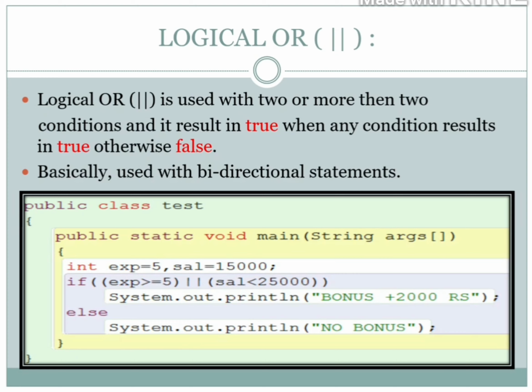And then we have logical OR. When we require OR, when we say any one of them, any one condition is satisfied, then we are satisfied. Then we have to use OR. First of all, both AND and OR deal with two or more than two conditions. But what you have to remember,